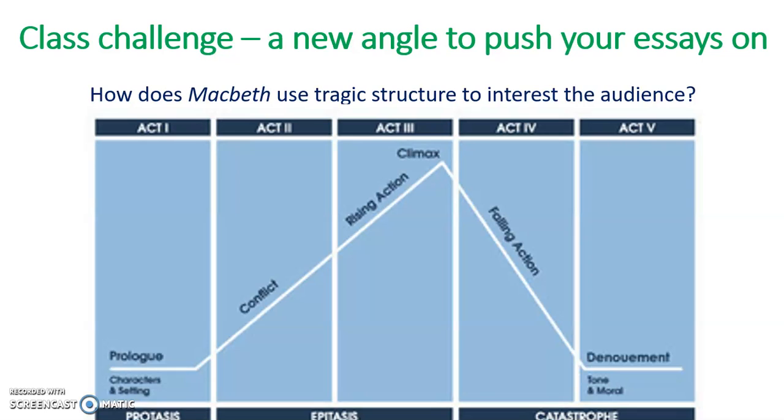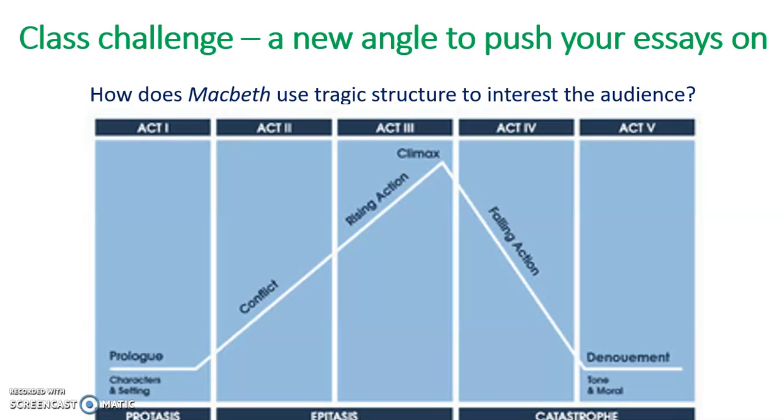If you have a look at the shape of this graph as well, it's insinuating that the drama level here is quite low. So you can really interrogate how far the opening of Macbeth does what Act 1 traditionally is meant to do. So does it introduce characters and setting? A lot of you have already discussed this. Does it keep the drama level low, or is it actually quite a high intensity, almost action-packed starter where we're already quite stressed?